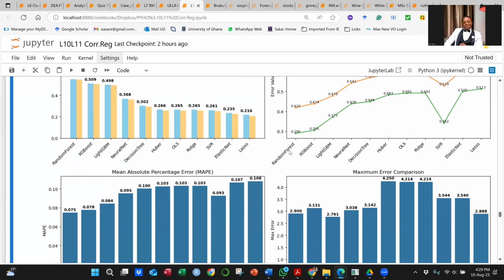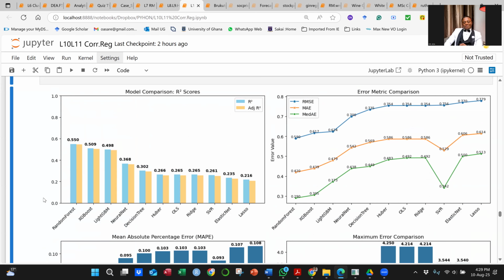All right, so these graphs are all confirming. You can see the random forest is having the highest R square and the highest adjusted R square. In fact, I did this multiple times because at first, the values of the R square and adjusted R square were jammed together. It wasn't looking beautiful at all. So I rewrote the code so that the adjusted R square will be removed. So the numbers you see are for the sky blue color, the R square, not for the adjusted R square. It's just so you know.